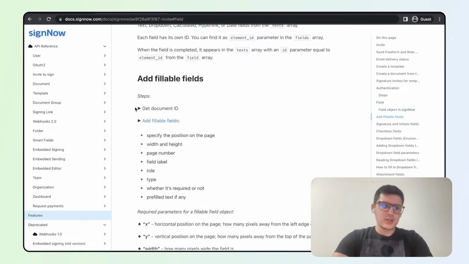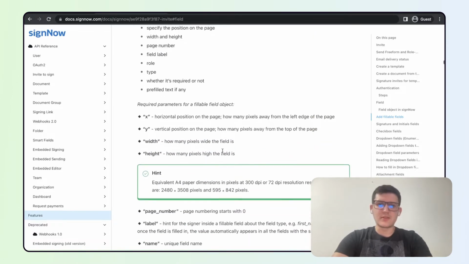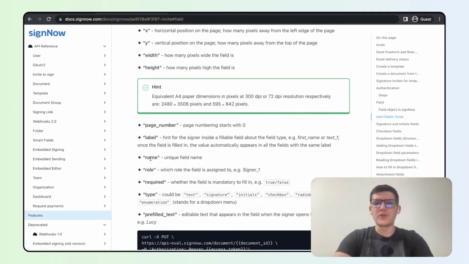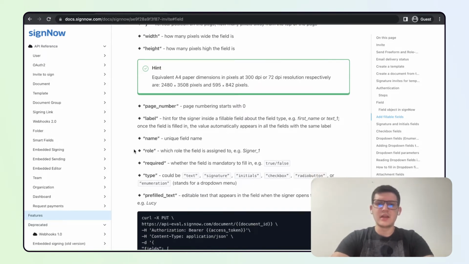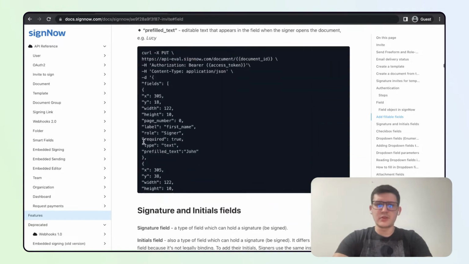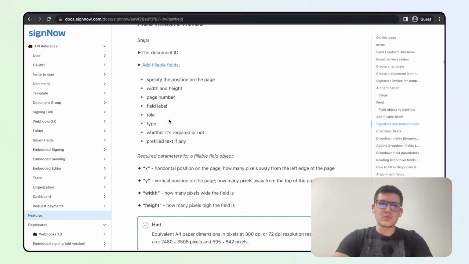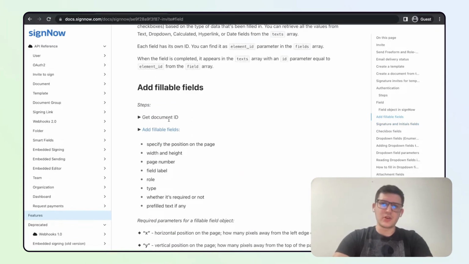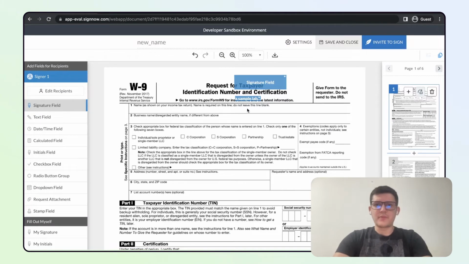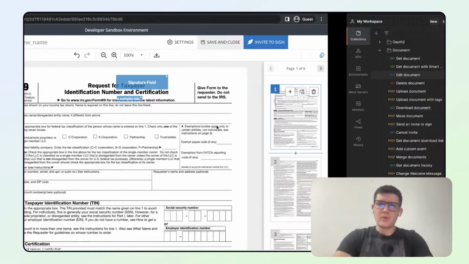So in case you have any issues with positioning, if you don't fully understand how it works or how it's supposed to work, you can go to the documentation, and in most of the cases, it will be shown in the documentation. So what I mean for our further testing is we need to edit information onto the document. Right now you can see we have fields on the document, but we didn't sign the document on our own. So for example, if we want to sign the document, just like print our name or something, we can